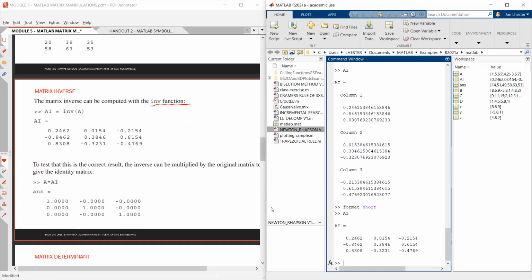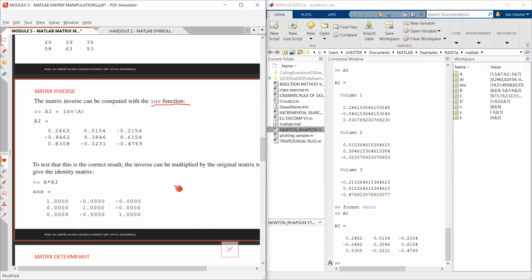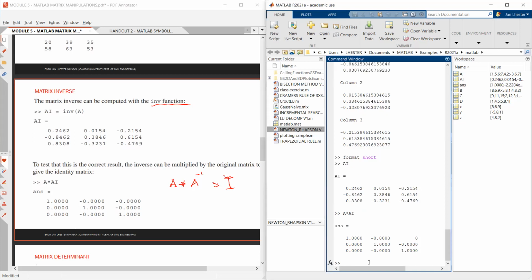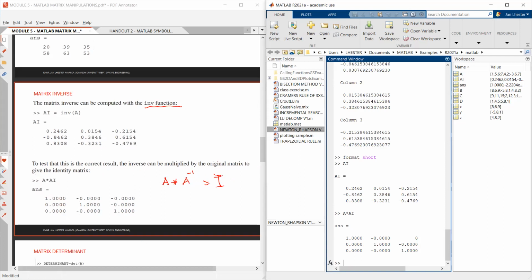Okay. So to test if the matrix is the same, di ba? So using identity matrix, kanina na binanggit ko, okay, for the identity of the matrix, if matrix A multiplied by the A inverse, okay, dapat yan ay identity matrix I. Okay. So let's find out. Okay, so matrix A multiplied by the inverse of matrix A, dapat identity matrix. O identity matrix yan. So 1, 1, 1, then 0 lahat. Okay, so to test if the result is correct, the inverse can be multiplied by the original matrix to give the identity matrix. Okay,